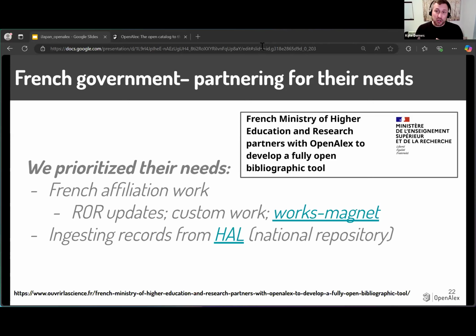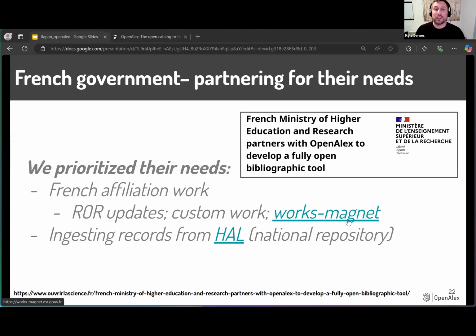We did some custom work with specific universities to try and fix those universities' records to make sure they were more clear. And then this tool, the Works Magnet, is a really great example of a collaboration where the French government created this tool, but it helps any user in the world make metadata curation around affiliations possible in OpenAlex.